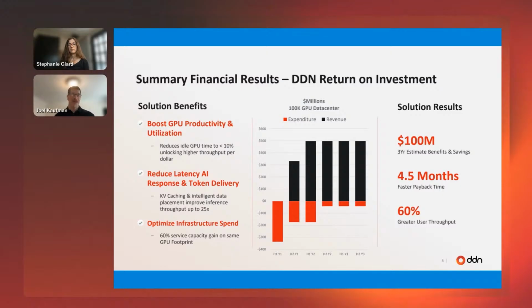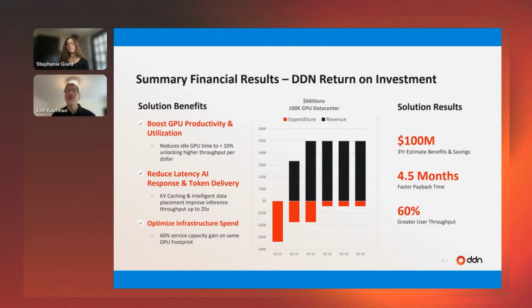And this is another reason where DDN can come in. We can bring our field experts to bear and help you have those conversations so that everyone can understand the full needs of the organization and bring you that really unified solution across the board, especially for KV Cache in this case.